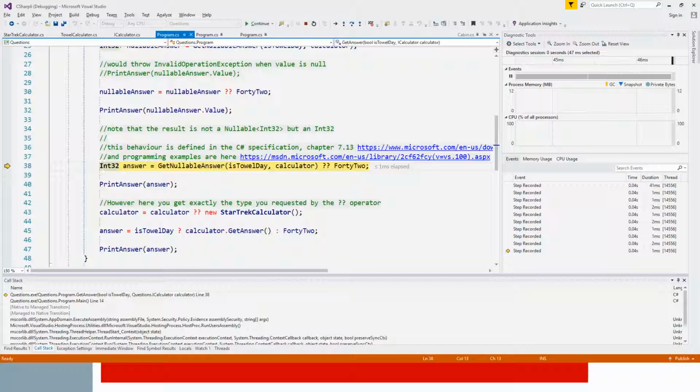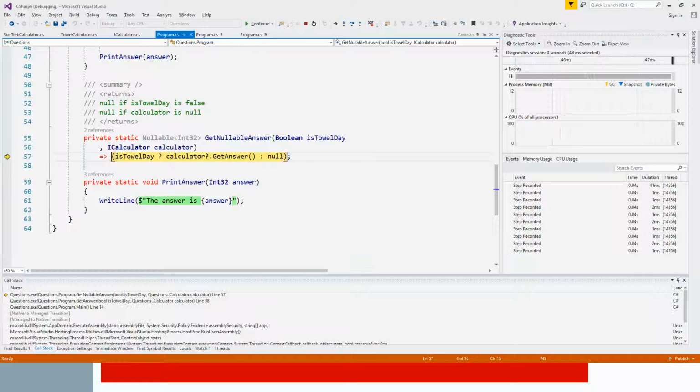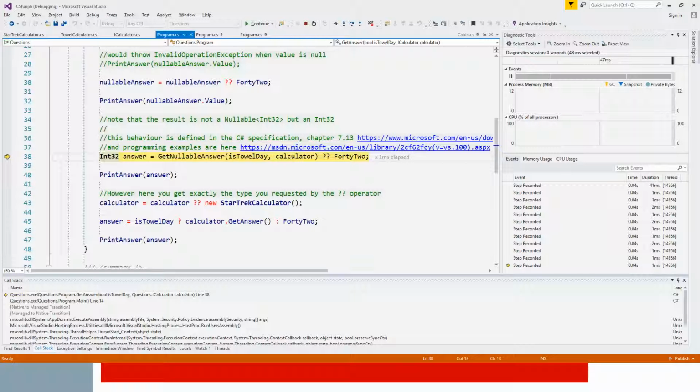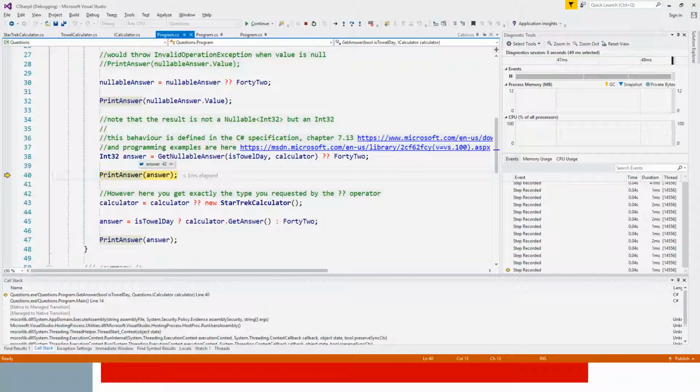Now I can use the get nullable answer again, it's the same method. It returns null, and I use the coalescing operator, and now I get actual data. What was before a nullable data type is with the coalescing operator a simple value type. It's also described in the C# specification and in the program examples for the nullable data type, as you can see here. And it's printing again